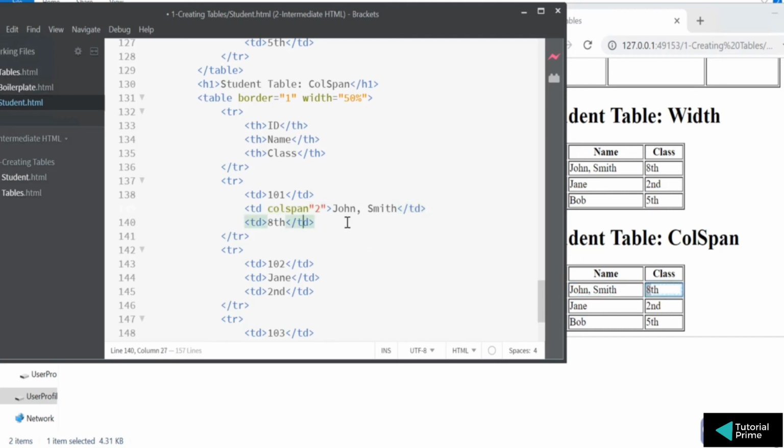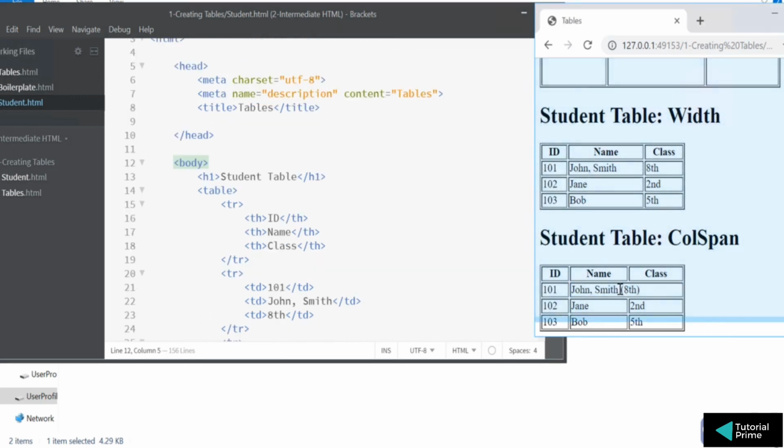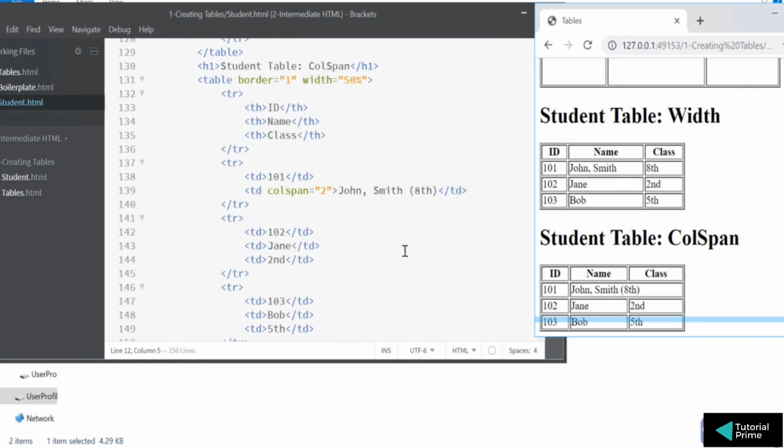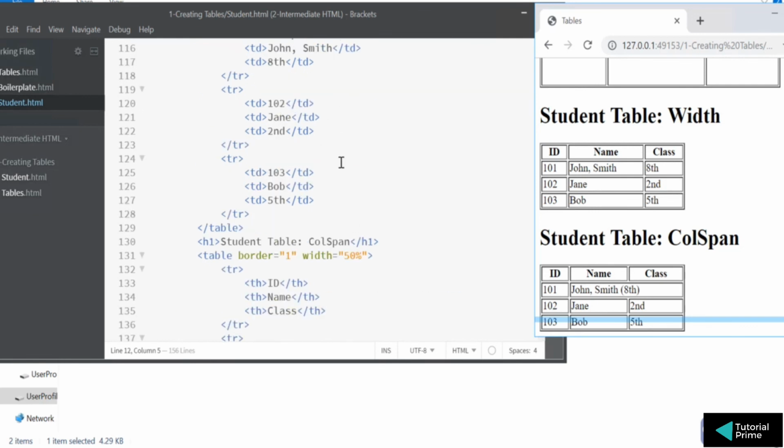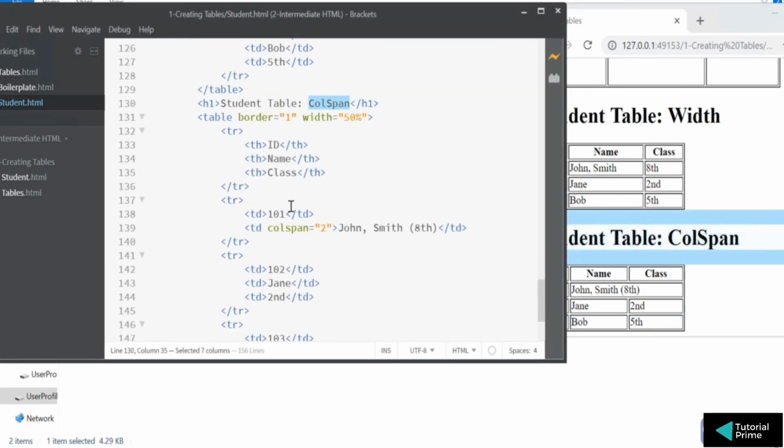And because you occupy the two columns, you don't have to mention it here, you can mention it here, and then you can remove this column because this column is occupying the two column space. You just mention it is equal to 2 here, and you can see the column is being occupied. This is called column span. Where do you apply that? You apply it onto the column, and if you want a column to occupy n number of columns and merge columns together, you basically use the colspan.